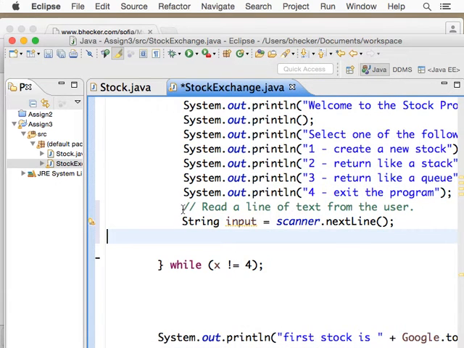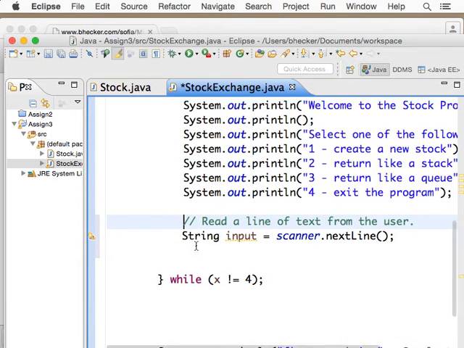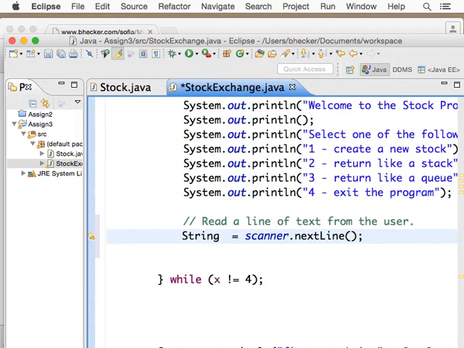Where it's going to read the line in from input. And then instead of input, I'm going to make it X. Actually, let's make it input. Input. And then we can take X and have it equal to